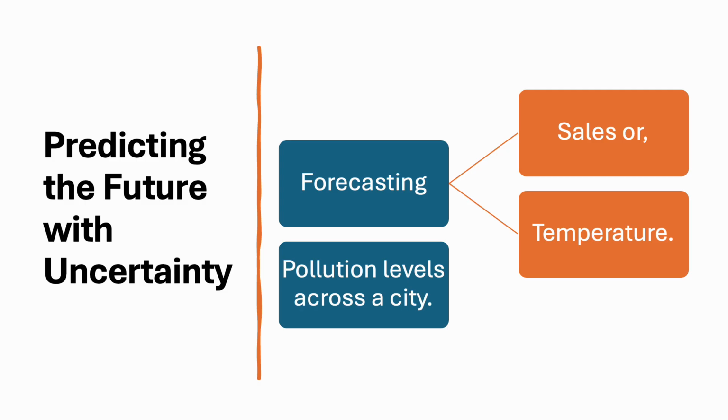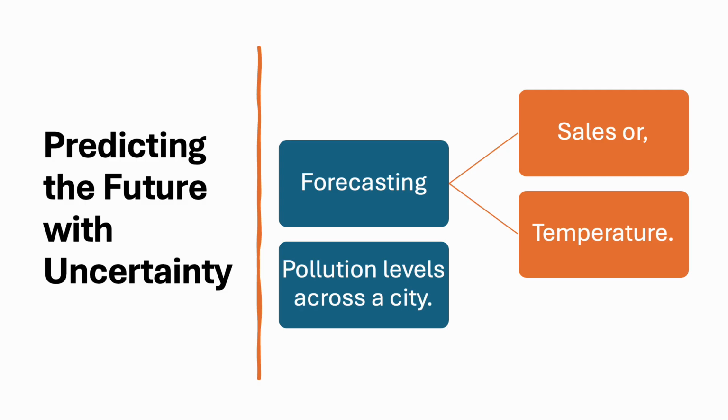Probabilistic approaches such as Gaussian processes, as we are discussing in this lecture, address this issue by modeling not just what is likely to happen, but also the confidence in those predictions. By accounting for uncertainty, these models provide a more realistic view of potential outcomes, permitting individuals and organizations to prepare for multiple scenarios rather than relying on a single forecast.